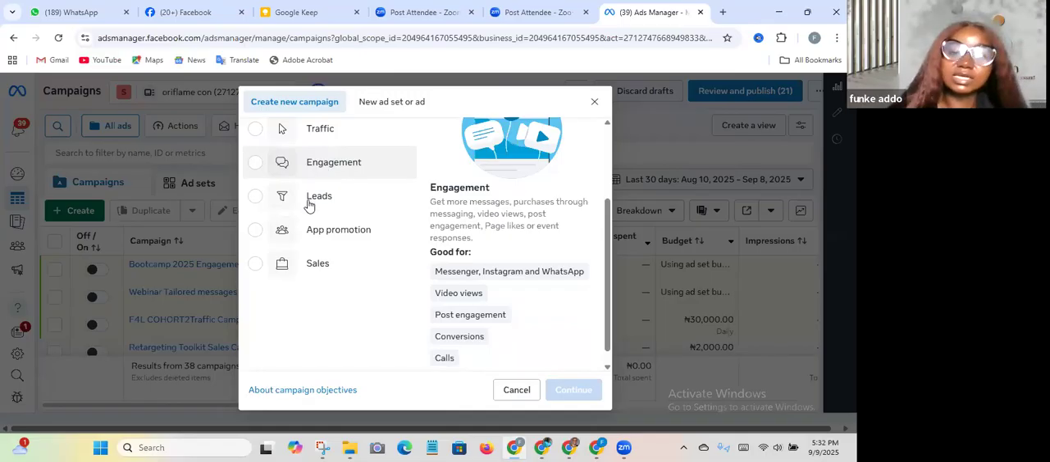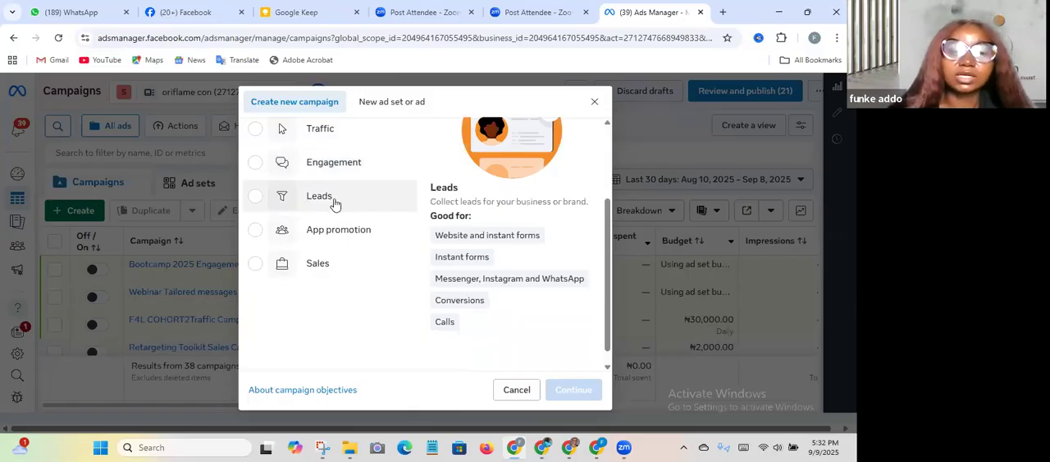Now, leads. This one is to collect leads for your business or brand. This one may not likely be instant sales, okay? But you want to collect their information so that you can add them to your mailing list. I actually like this leads if you are not in a hurry to make sales. If you are building your mailing list, this is the best